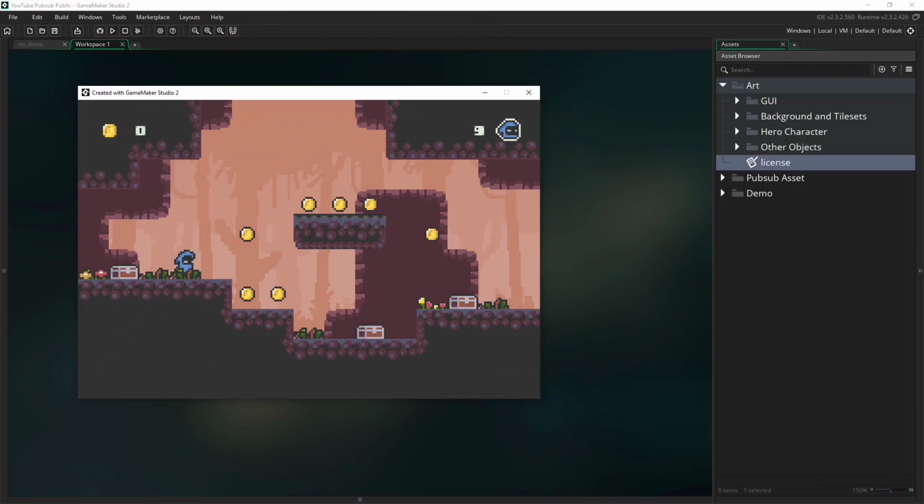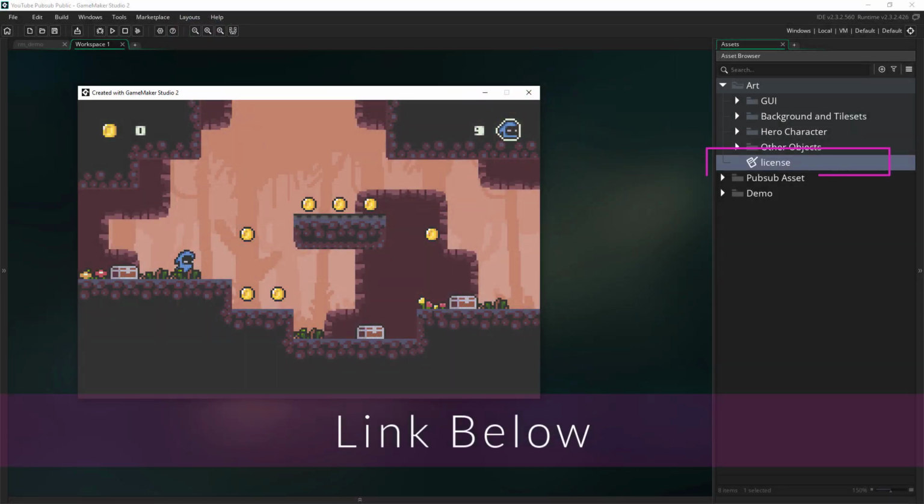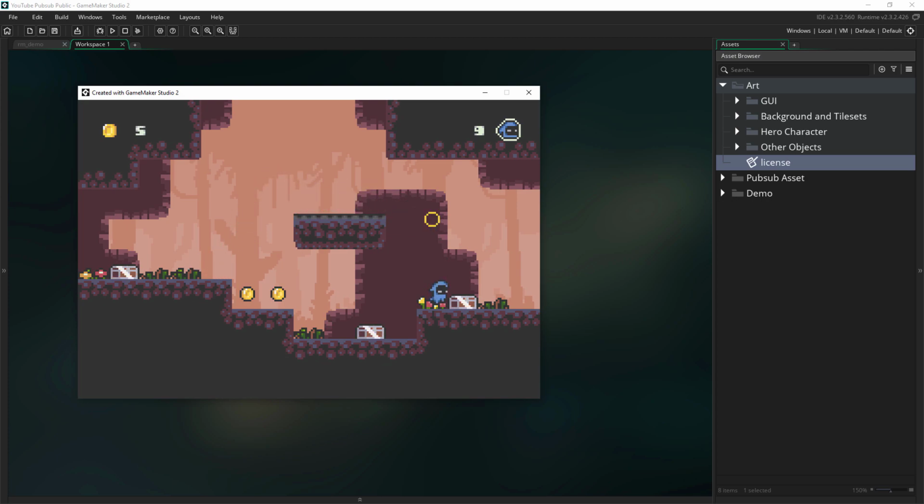I have the project running here. All of this art is from this itch.io asset, and there is a link below and in the project itself to this page. The hero can run around and pick up coins, open a chest, and once they open a chest, all other chests are destroyed. When you pick up coins, by the way, you see the coin number going up. The hero can also get killed and respawn, and you can restart the entire room with R.